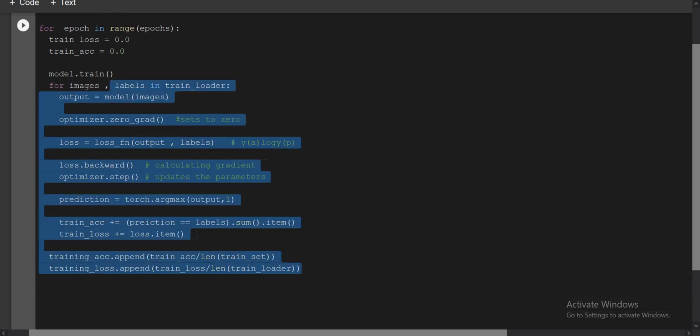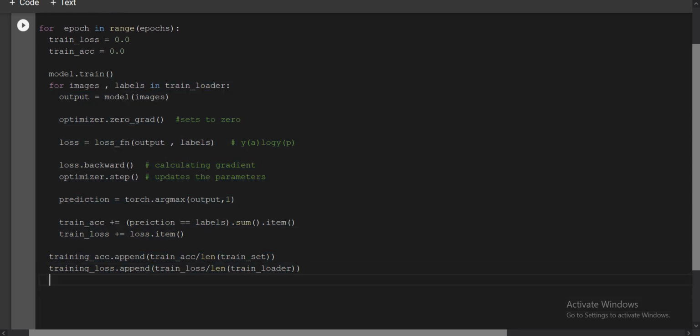Then similarly you can write it for the testing. In validation you don't have to change the parameters, like you don't have to change the weights. Each and everything will be the same. You can just say here model, again you have to write it similarly for this also. Test loss, you can write equal to 0.0, and for test accuracy you also write 0.0, that's it.